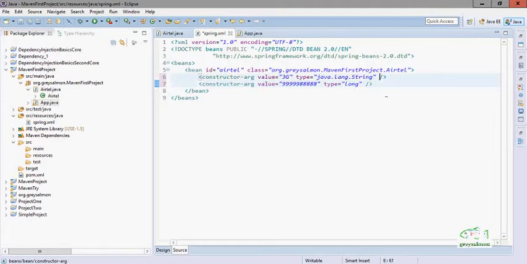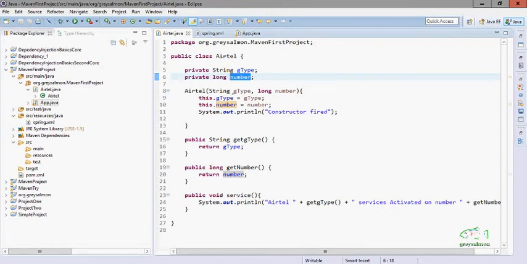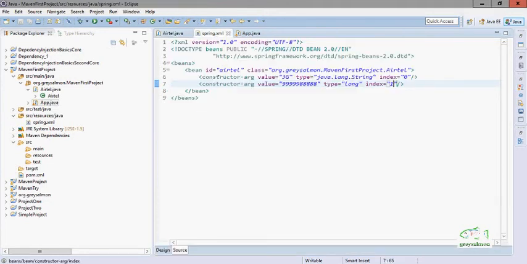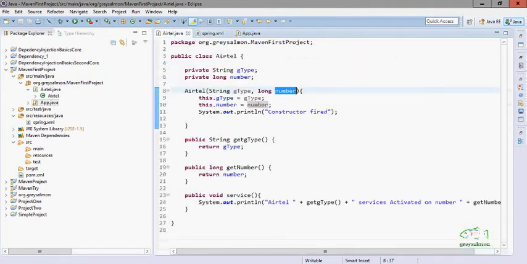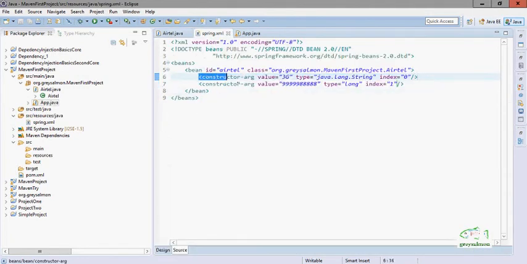And also we can specify the index, like index equal to 0, and here index equal to 1, to maintain the order. Maintain the order in the sense that the first property which the constructor is taking as an argument is of G type, and the second property which this constructor is taking as an argument is number. So we have to maintain the order of this constructor arg.